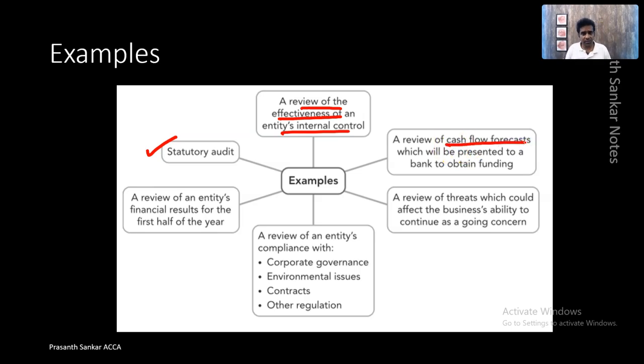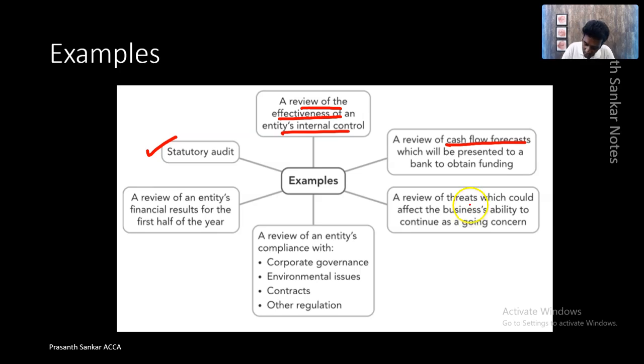Cash flow forecast. Let us say you want a $1 million loan. The bank will ask, what's your cash flow projection? How do you intend to repay us the loan? For that, you need to go to a practitioner and you want him to sign a report stating that the cash flow of the company is good. And when he signs for it, definitely he will ask for evidence. He will check your cash flow details. He will check various information. He'll check your projections. He'll check how you're going to get revenues. He'll check how you're going to manage your expenses. All of those things he will investigate, the practitioner. Only then he will give you a report stating the cash flow forecast seems to be appropriate. Again, that's an assurance engagement.